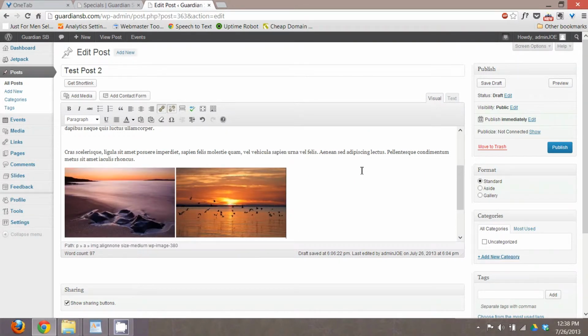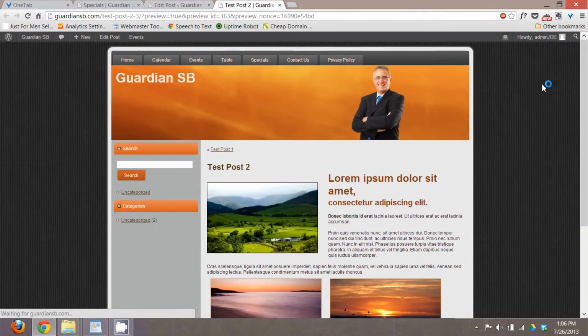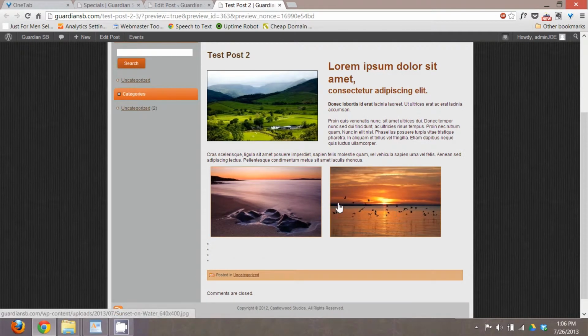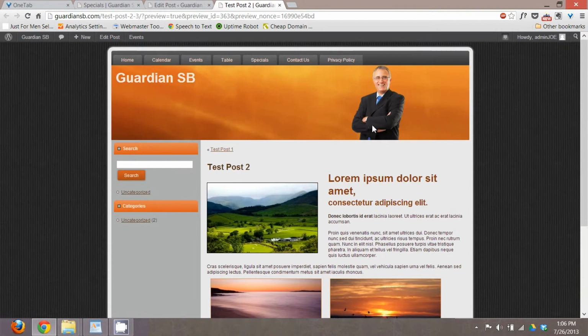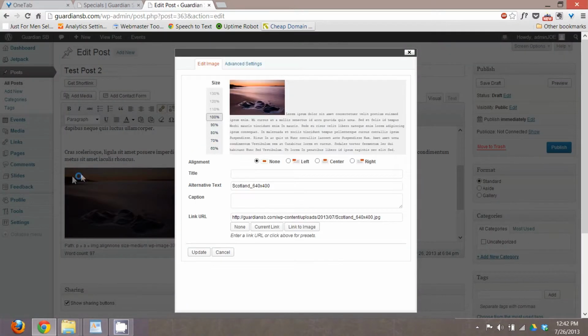What you see here is not necessarily what you're going to see on the page. Let me click the preview so that you can see that this is what we have, and it actually puts a little bit of space between those pictures. But we don't have a border yet, and we're going to put that in, so I'm going to close that tab. Once again, click on the picture, come over here to Edit Picture,